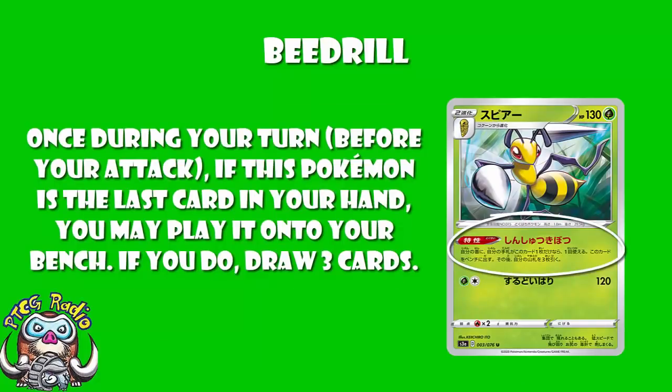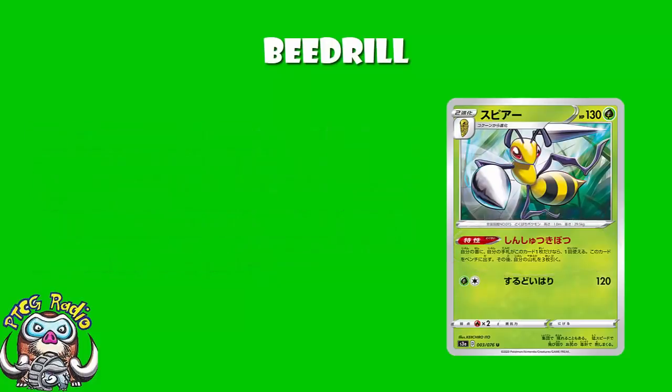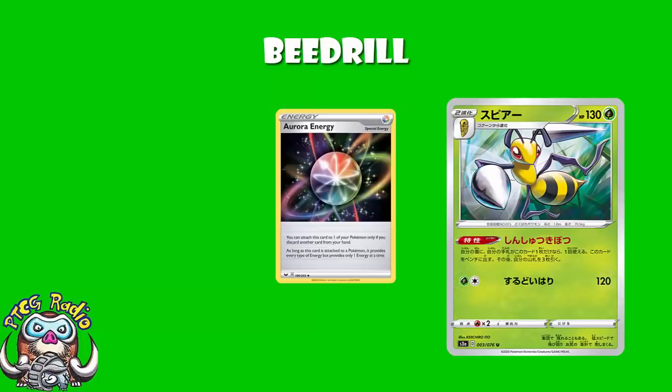Now, in terms of attack, I actually kind of like the attack as well. 1 grass, 1 colorless energy, 120 damage. Now look, it's not a great attack. But here's where it is good. Let's say you're playing Aurora Energy. Pretty much all the other ones like this are actually rotating out. But if you're playing an Aurora Energy, then...